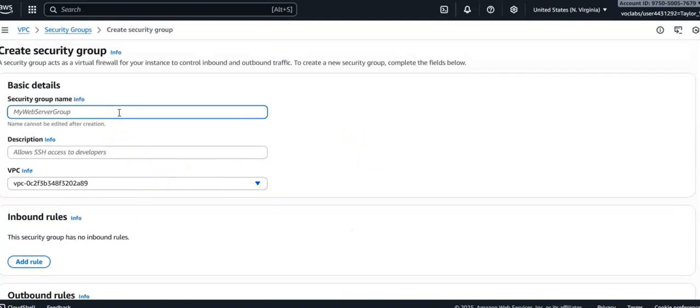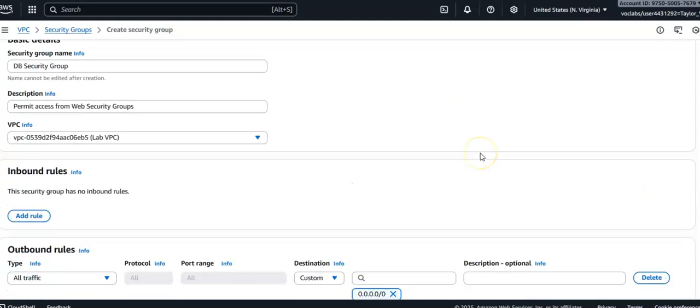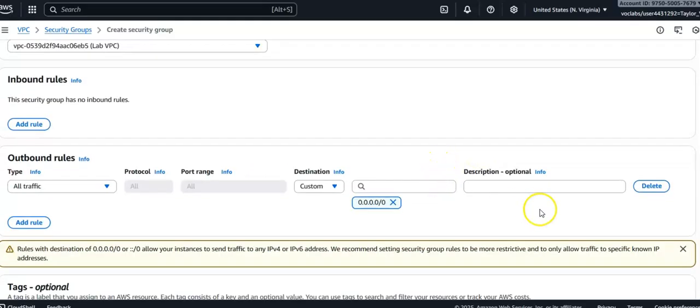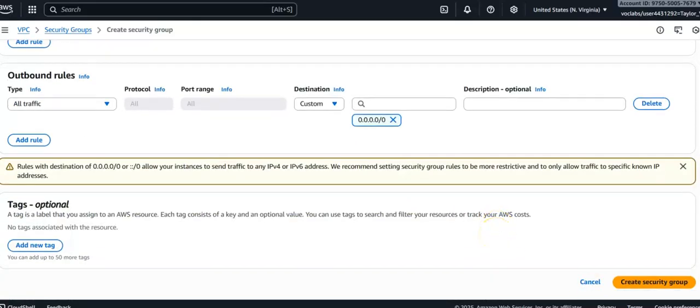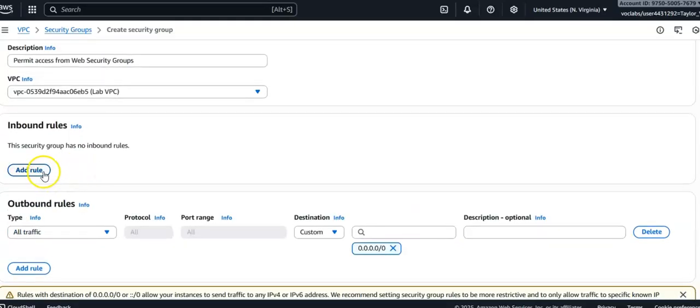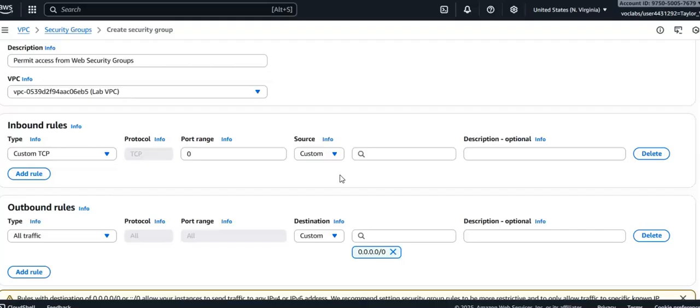So the group name will be... The security group currently has no rules, and I will add a rule to permit access from the web security groups. So inbound rules,